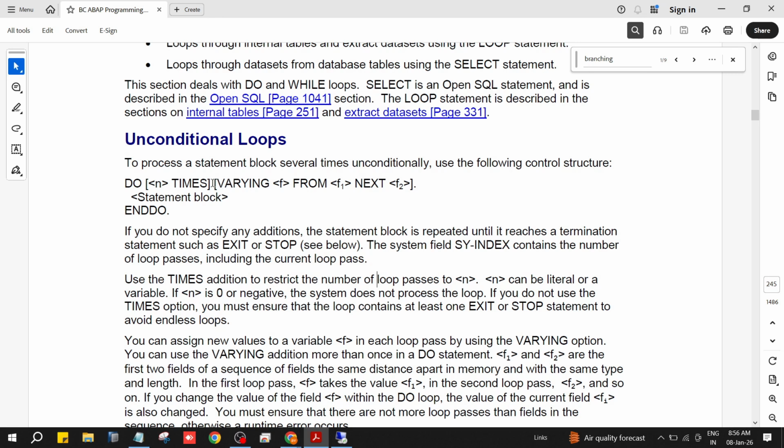So there is a VARYING addition. This VARYING I have not added. When it is added in a square bracket, that is called an optional addition. So DO followed by n TIMES is the first optional addition. The second optional addition is